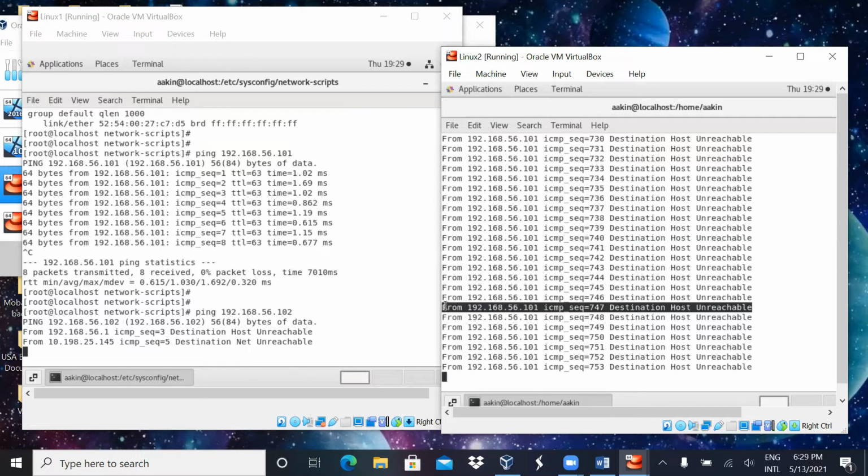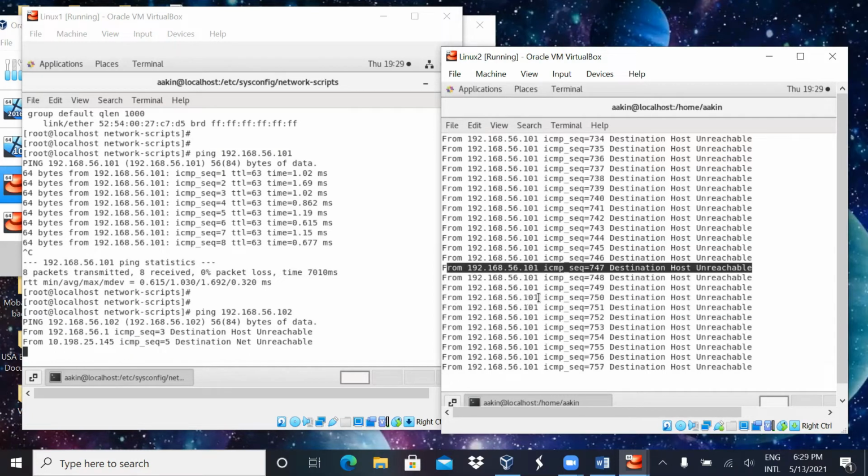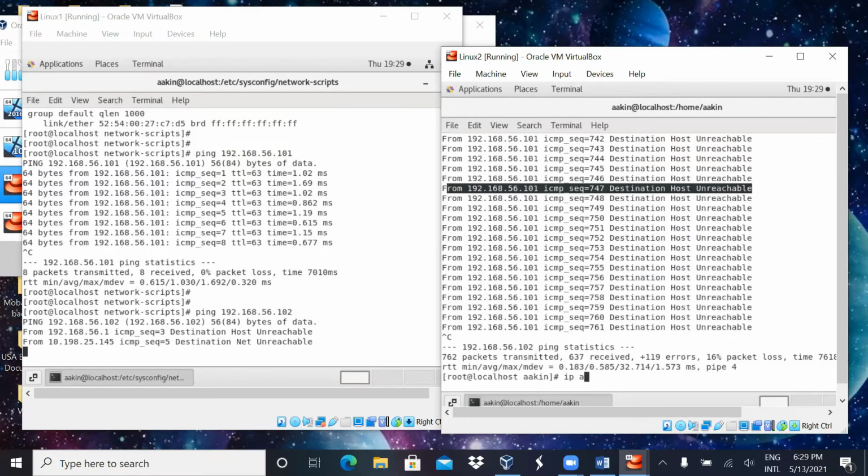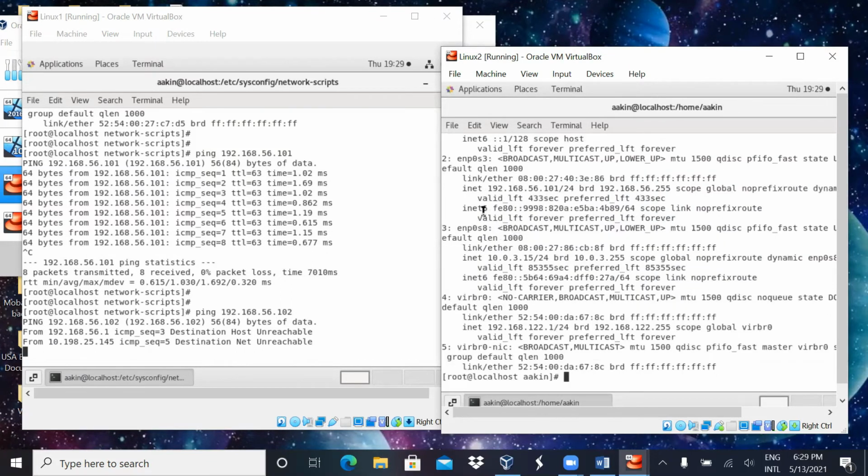You know what's pinging it? We didn't even stop it. So it's not saying it's reachable to 101. So this one must be 102. Okay, let's break it. What's the IP address? IPA or ENP0? ENP0. Well, ENP0S3. That's it. The IP address is